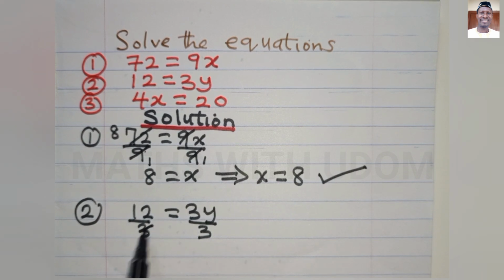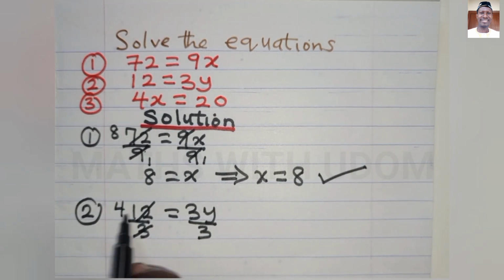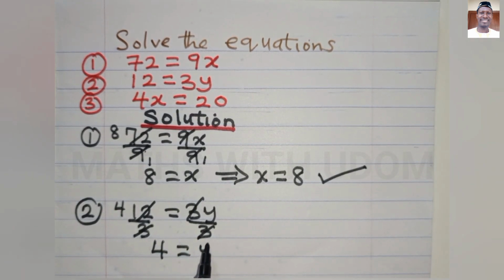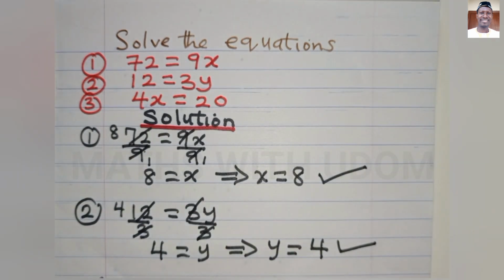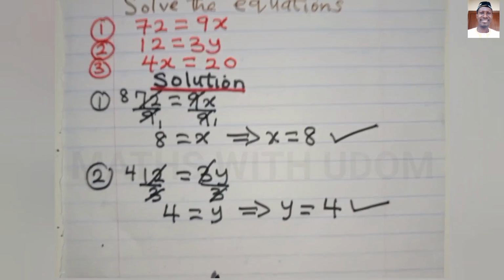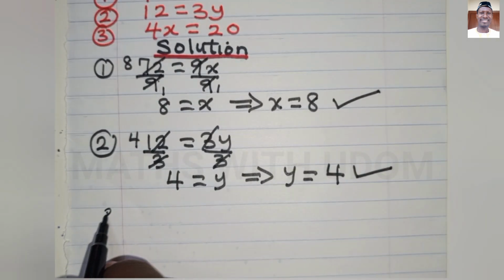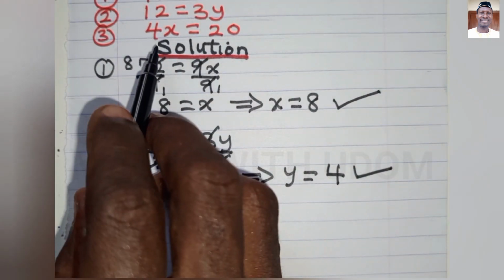So 12 divided by 3 is equal to 4. Then 3 cancels 3. So we are left with 4 is equal to y, which also implies that y is equal to 4. So this is the correct answer. Then we look at question 3. What is question 3? 4x